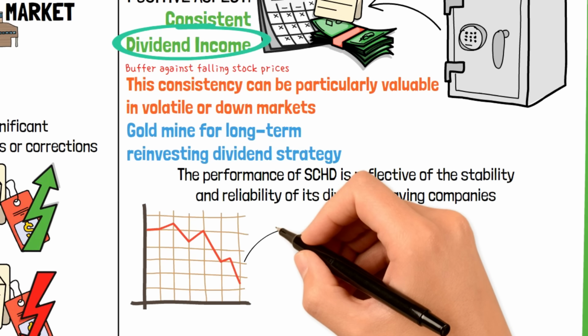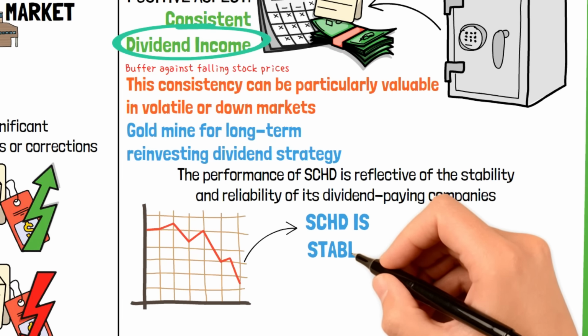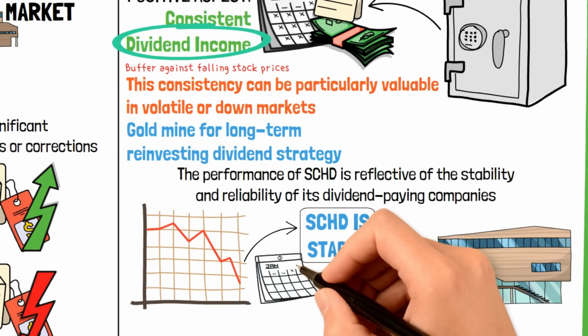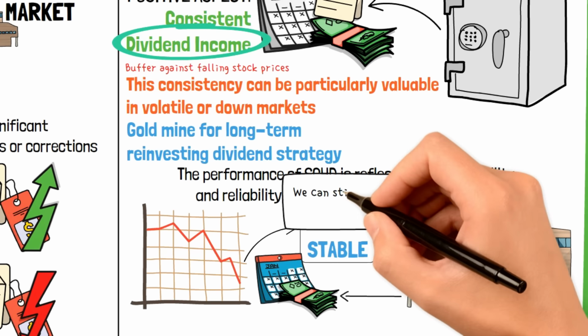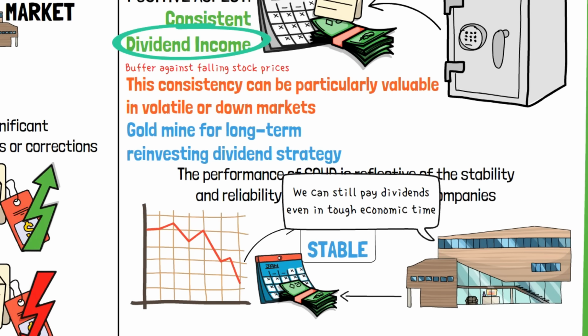SCHD, on the other hand, might not reach the highs of VOO in a bull market, but it tends to hold its value better in bear markets. This stability is due to its focus on dividend-paying companies, which are often more established and financially stable. These companies can still pay dividends even in tough economic times, providing a source of income when stock prices are